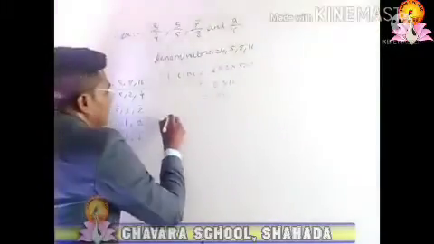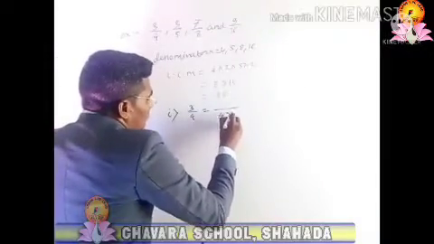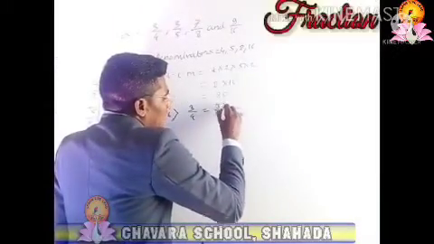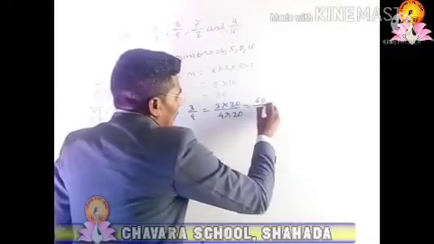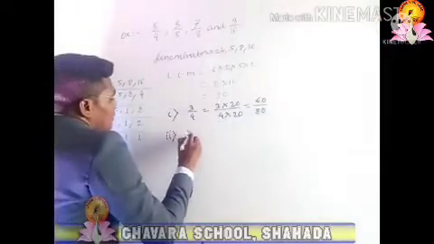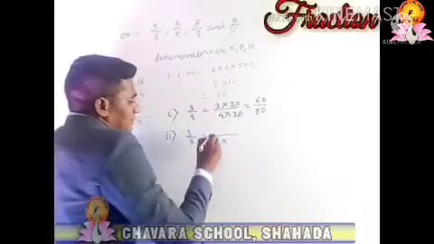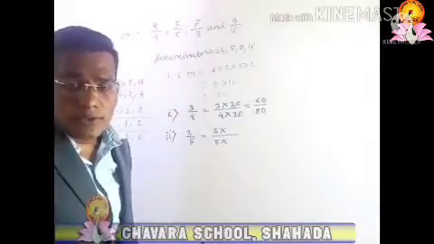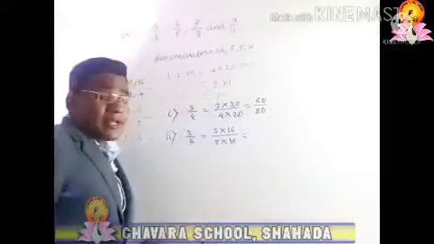So we will see that. The first fraction is 3 by 4. So what will we multiply to the 4 to get 80? 4 twenties are 80, then we have to multiply that same number to the numerator, so 3 twenties are 60 and 4 twenties are 80. Now the second fraction is 3 by 5, and what will we multiply to the 5 to get 80? The number is 16, and by that same number we have to multiply to the numerator.